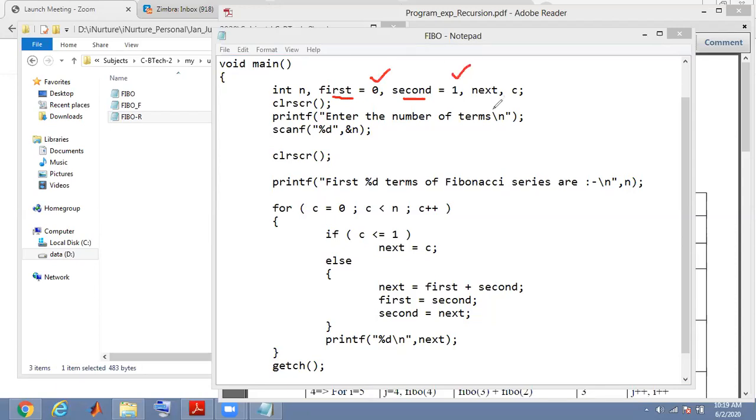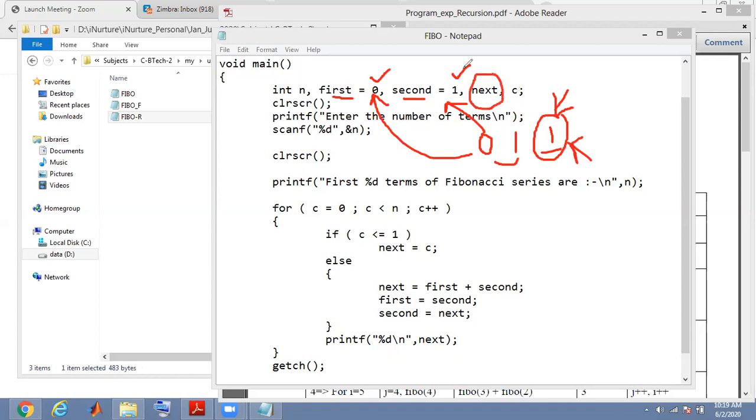As we know, in our Fibonacci series, the series starts with 0 and 1, then the next number will be the addition of these first two, that is 0 plus 1 is 1. So from here we need to calculate by adding the previous two. The first two we have already initialized in the first variable and the second variable. For the third one to calculate, we have declared another variable and named it